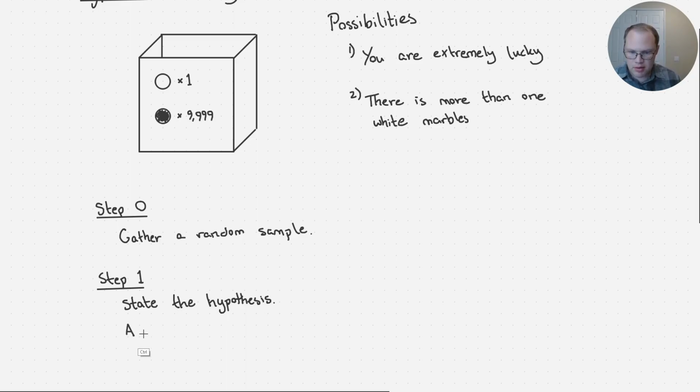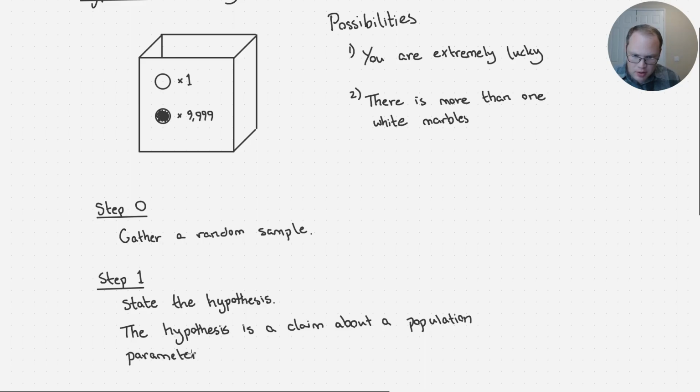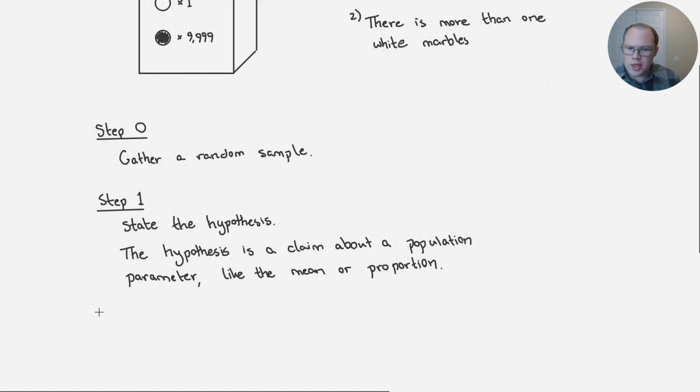The hypothesis is a claim about a population parameter. The two parameters that we are going to focus on in this chapter are the mean of a population or the proportion of a population. Once we have identified the hypothesis that we are interested in testing,